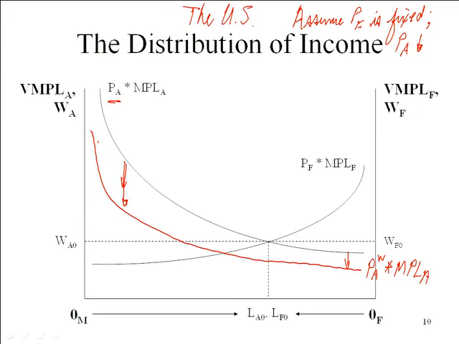Okay, so we've got a lower demand for labor taking place in the auto industry because of the lower world price for automobiles. So notice that we can already see two other things that are going to happen. And they're very easy to see here. We're going to end up with fewer workers in the auto industry and more workers in the food industry. We also